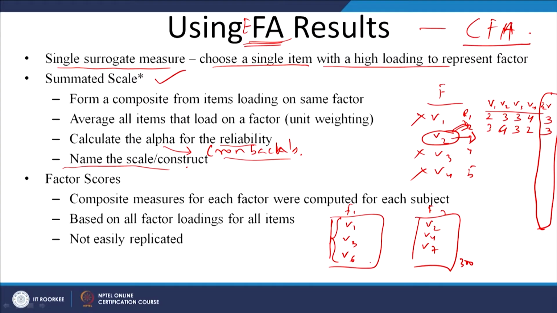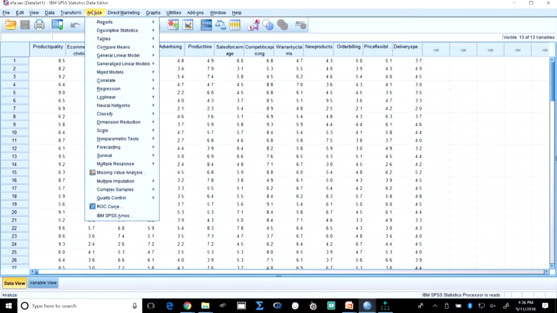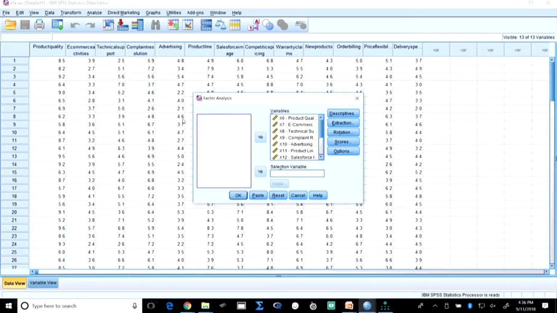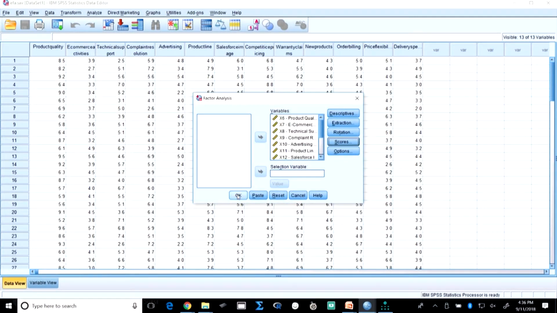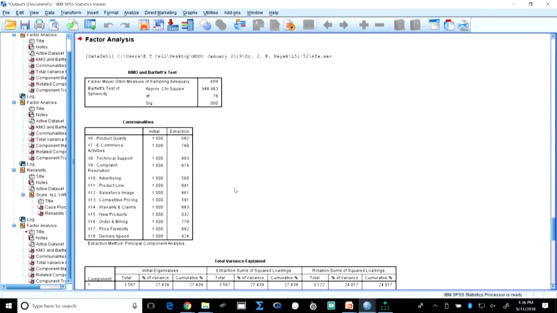So, this is the second method, and this is one of the most preferred methods nowadays. The third method is also good, but this is a preferred method. Now remember the third method is the factor score method. Factor scores I had shown you. If you go back to the exploratory factor analysis here and see scores, there is a method to save these scores, the factor scores.